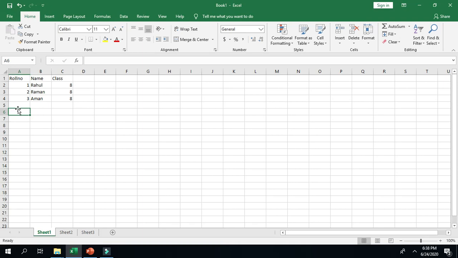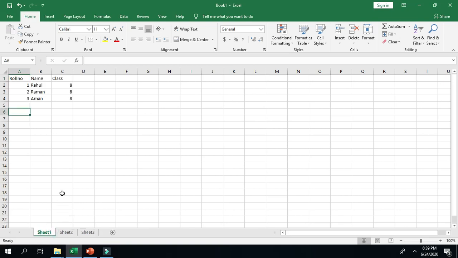So our next topic is switching between worksheets. Switching between worksheets means moving from one worksheet to another. See, in our Excel workbook there are three sheets. So in Excel we can switch to another worksheet in a workbook by clicking worksheet tabs. See, these are known as worksheet tabs, and suppose we want to move from sheet 1 to sheet 3, then we will click on sheet 3 and by this step we can move from one sheet to another sheet.